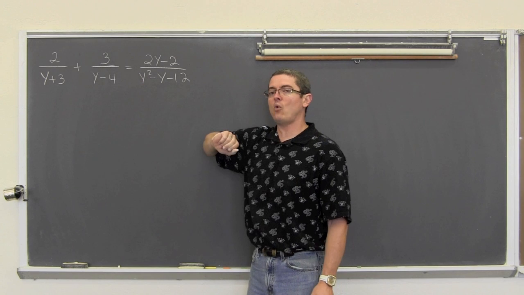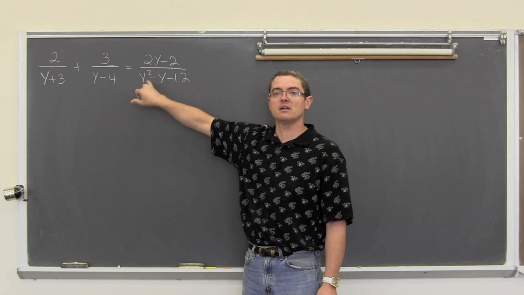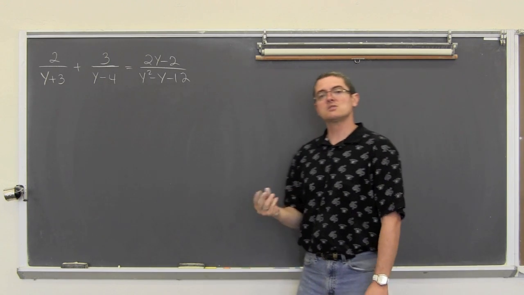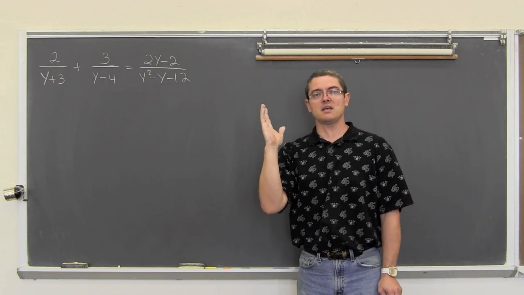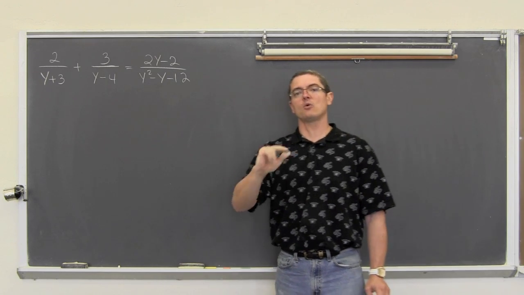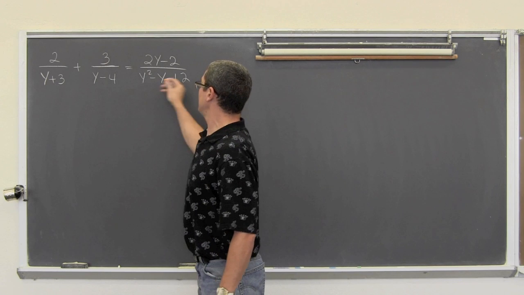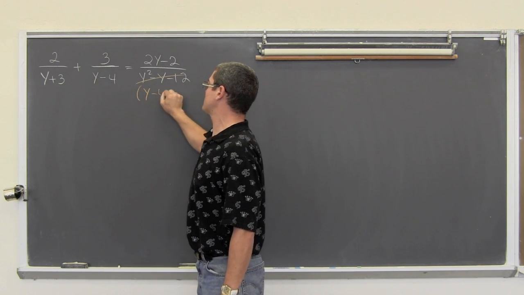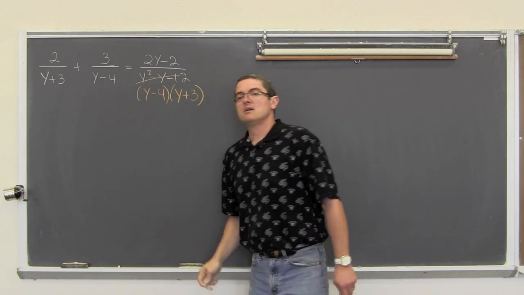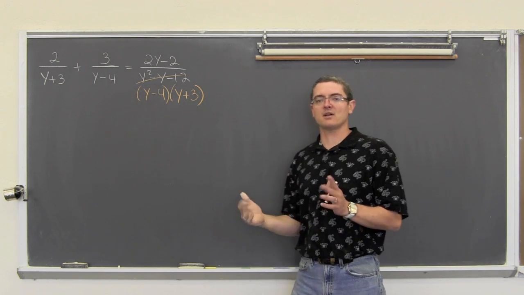Well, we have a leading coefficient of 1, so we're just going to look at the constant. Are there factors of 12 that subtract to give us -1? We have 1 and 12, 2 and 6, and 3 and 4. So we have a -12. That means if I take -4 and +3 and multiply them, I get -12. And -4 plus 3 is equal to -1. So this is factorable to become y minus 4 times y plus 3.